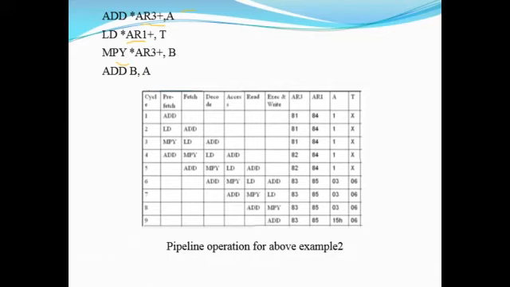So this is the pipeline operation for the previous example where the contents of AR3 are 81, 82, 83 and the content of AR1 is changed to 84, 85, and A is 1, then 3, and then 15. Similarly, the T register content is unchanged and then changed to 6. So this is the operation of this particular instruction.